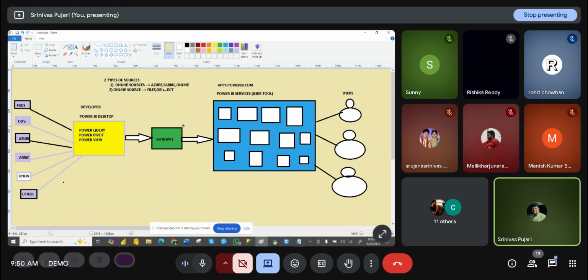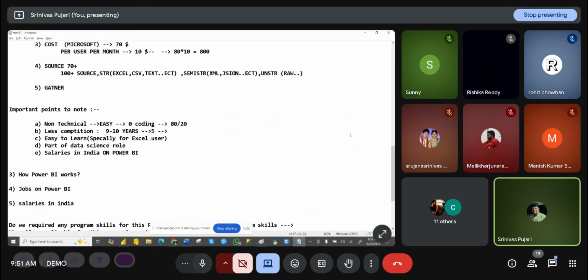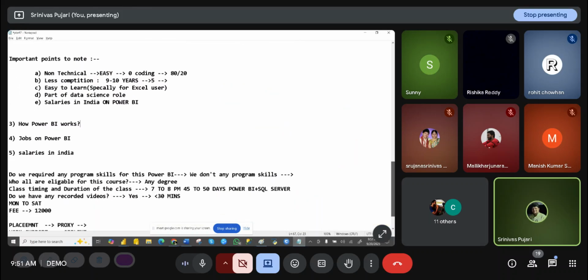Whenever you want daily data to sync with the reports, you require a gateway. For online sources we don't require any gateway, but for offline sources we require the gateway. This is the end-to-end architecture of the Power BI service.